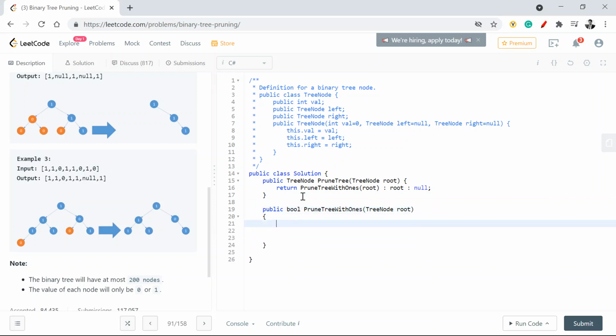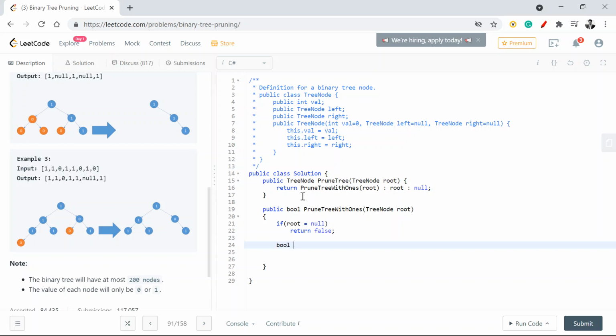Now, with every tree question, what we do first is check whether the root is null or not. If it is null, I'll simply return false. There is nothing to prune, nothing to return in the first place. Otherwise, I need to prune the left node and see whether it contains any ones, and prune the right node to see whether it contains any ones or not.